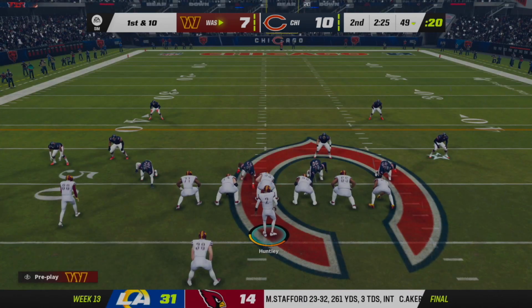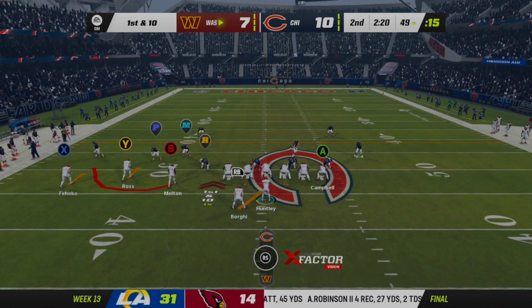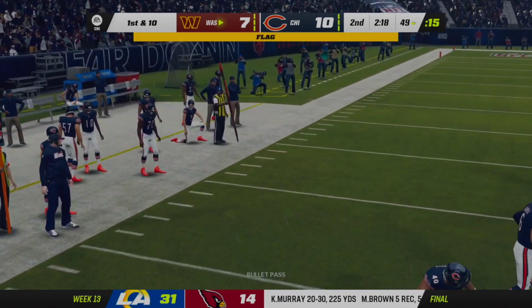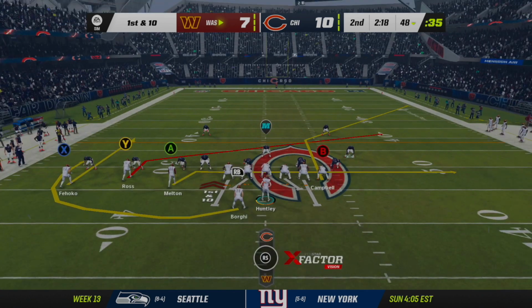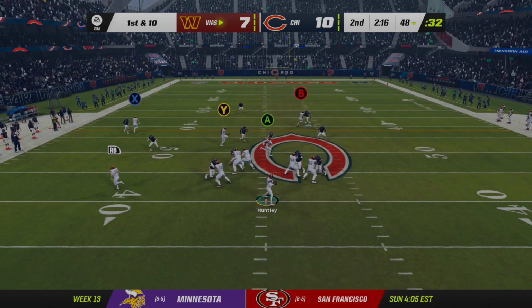Now, one thing that may happen with this new offensive style is a primary focus on Borgie rather than multiple targets, as that's going to be defensive pass interference for sure. That's probably the one time throwing to a guy in coverage has actually helped me. But as I was trying to say, I feel like with the new look here for